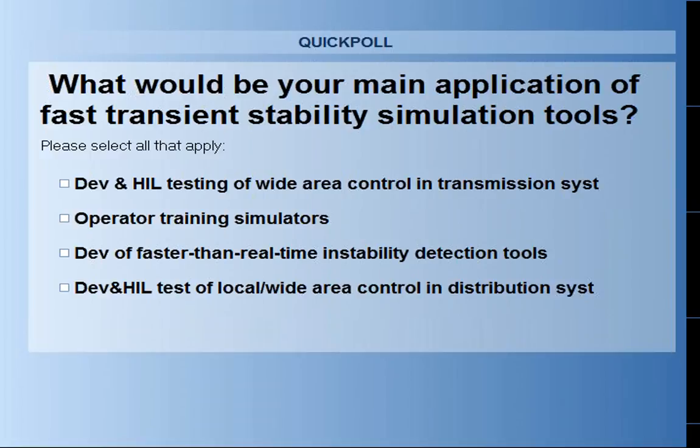The ability to have all these solutions integrated is another strong point of ePHASORSIM. So what is ePHASORSIM then? ePHASORSIM is our real-time transient stability simulator. It has been designed from scratch to address the issue of simulating large-scale power grids in real time. ePHASORSIM has also been designed to be able to handle problems of transmission system simulation, distribution, and generation.